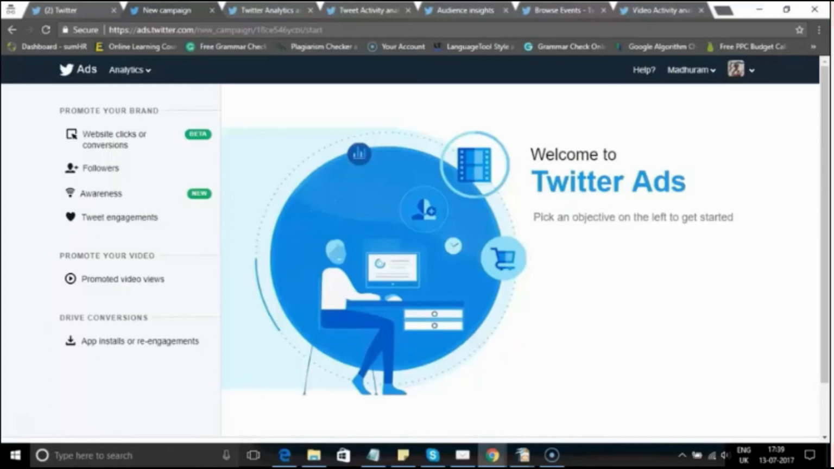Let's have a look at different types of Twitter ads for businesses. There are 3 different Twitter ad types: promote your brand, promote your video, and drive conversions. As the name suggests, if we select promote your brand, we will get options such as website clicks or conversions, increased number of followers, creating brand awareness, or just seeing tweet engagements